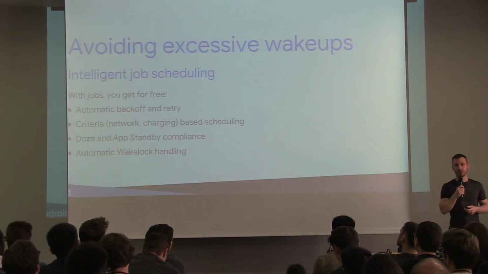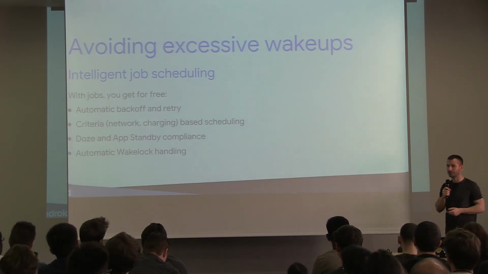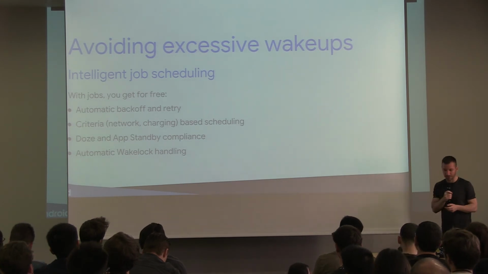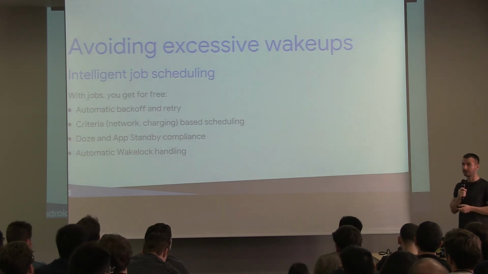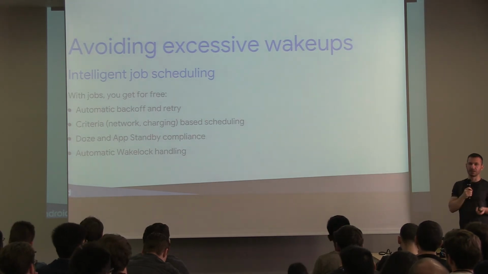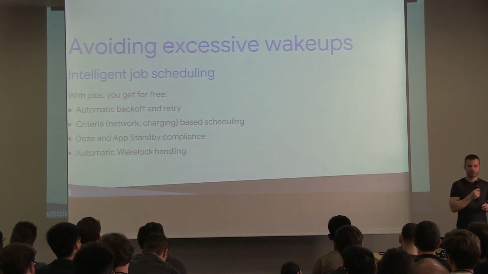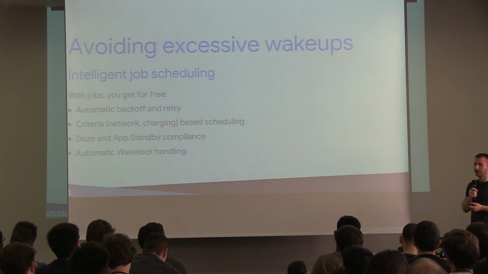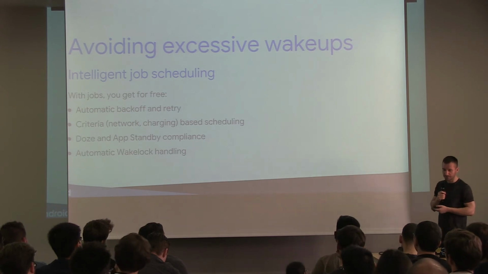And then it's compliant with Doze and App Standby. So again, with those you get these short windows of time when apps can actually run and do their things. So Job Scheduler will only run you when it can. And like I said before, it has automatic wake-up handling. So a lot of this background processing is closely tied to what I was saying with wakelocks. And as much as you can, try to avoid having custom wakelocks and custom services, and use the facilities that do that for you.